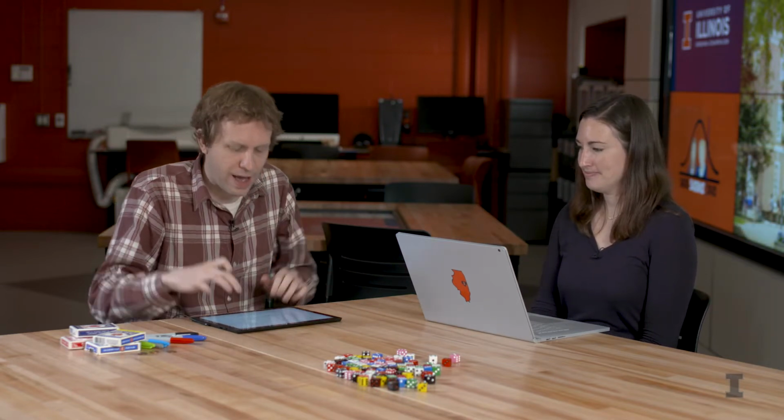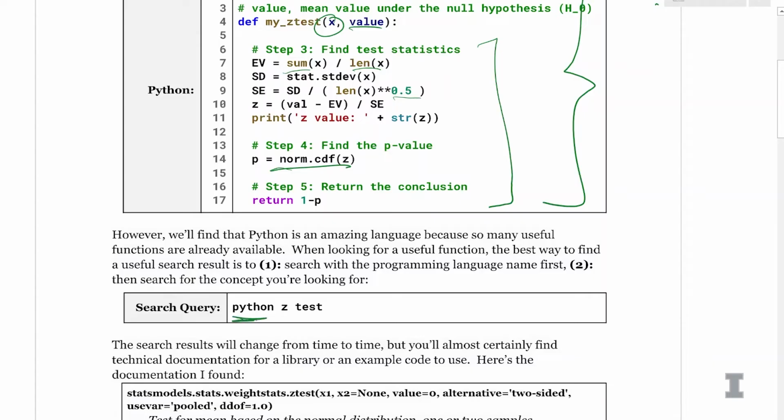But as you develop as a data scientist, you're going to want to see, has somebody done the work for you? Can you just use a z-test that already exists? For this, I would think about doing a quick Google search and finding if a library already exists. Whenever you're doing a Google search for a programming language construct, you're usually going to want to start your search query with the name of the programming language, because just searching for an ordinary z-test isn't going to help us, since we want a z-test that works in Python.